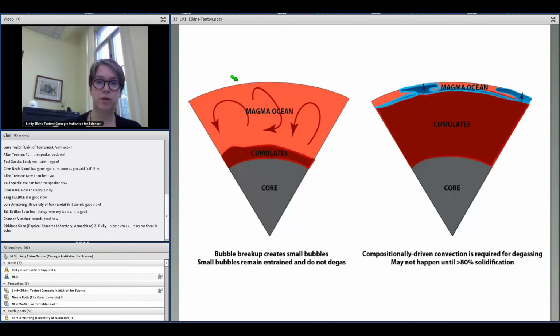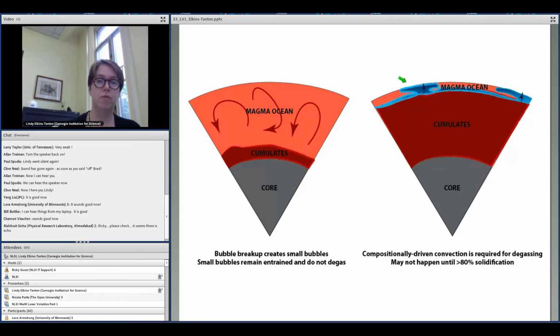And the assumption has largely been here on the left that the magma ocean would just degas gradually all the time that it was solidifying after the last big impact. But bubble breakup creates small bubbles, and small bubbles remain entrained and don't degas in the turbulent magma ocean. And so we actually suggest, as this work being done by Jenny Sukala, who's right now at Harvard, that a very high degree of supersaturation is required before foamy, bubbly magma ocean liquids can rise almost like diapirs and degas